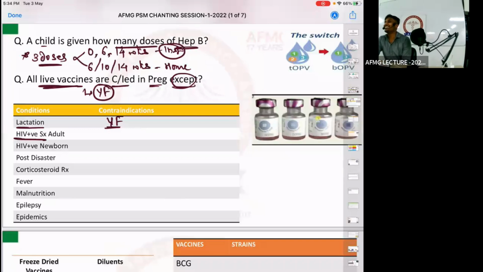Then if I talk about an HIV positive individual, if it is an HIV positive symptomatic adult, then which vaccines are contraindicated? All live vaccines are contraindicated, because again HIV is an immunocompromised state. So in an HIV positive symptomatic adult, all live vaccines are contraindicated except